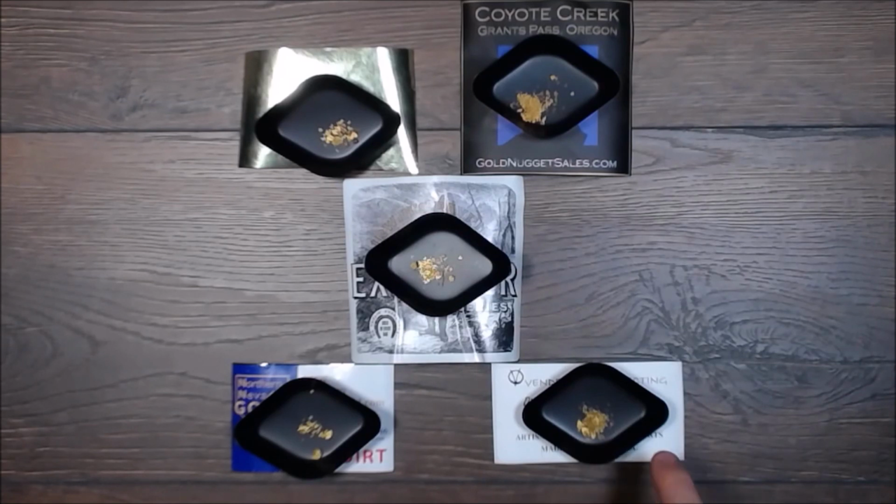And then lastly, we panned out some Vendetta Prospecting. It was his 1 gram miner's table bag with a guaranteed 1 gram of gold. Its cost was $70. Shipping was free, so total cost $70. Now I recovered 1.125 grams of gold right here with a spot price of $53.85, making this gold worth $60.58, giving me an ROI of